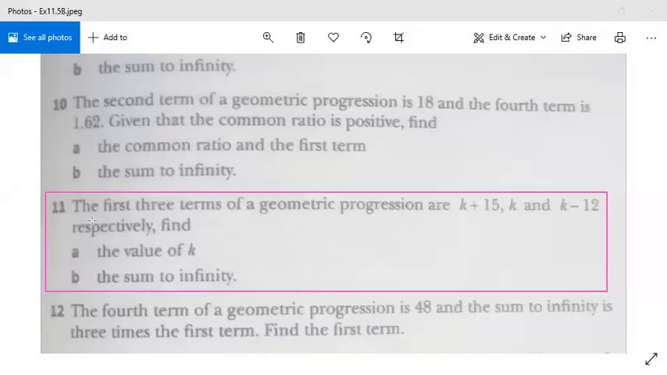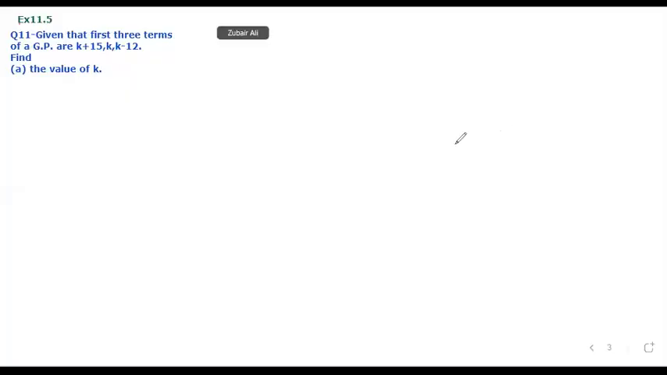Question number 11. Given that the first three terms of a geometric progression are k plus 15, k and k minus 12 respectively, find part A, the value of k, part B, the sum to infinity. As given that the first three terms of a GP are k plus 15, k, k minus 12, their common ratio must be same. So what we will do,